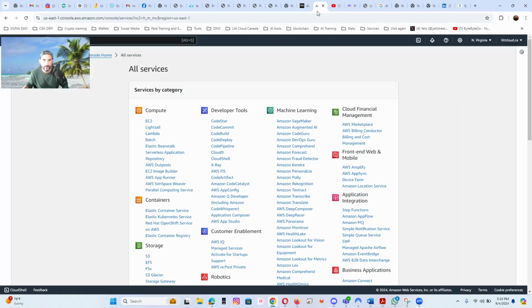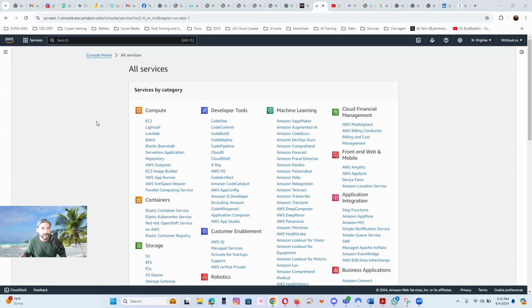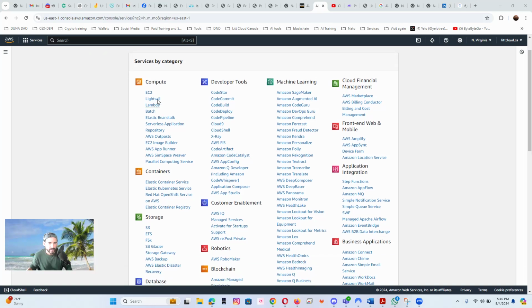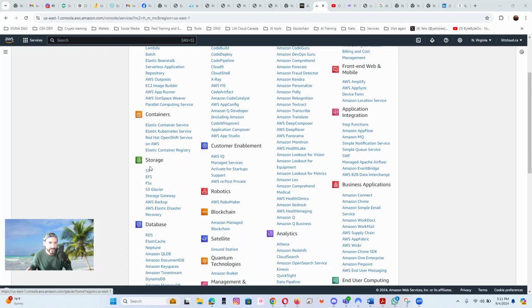And now let's do a quick review of the console, right? So let me find the console here. So this is the main AWS console. Look at all the services that we have. For compute, the most common one is EC2. So you can deploy machines, right? Any virtual machine. This one, Lambda, this is also really good for serverless applications. You can build your own images and all that. Anyways, there are services for compute, for containers. You can see Kubernetes, storage,